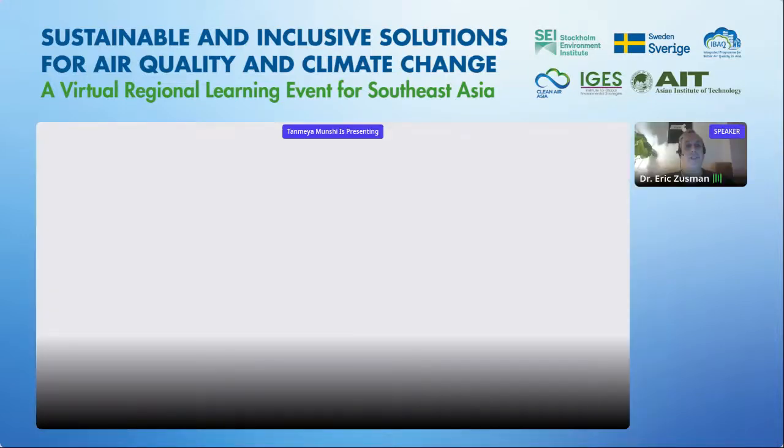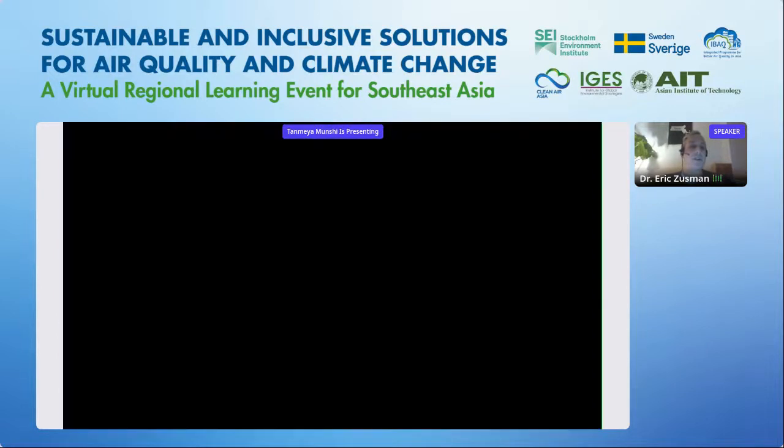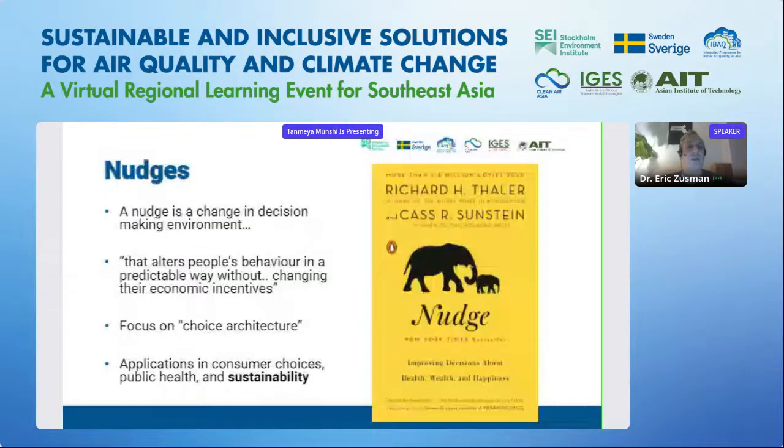What I want to emphasize here is these nudge mechanisms, they're complements, they're not replacements for policy changes. And so it requires working hand in hand a lot of times with governments to promote these things and find good complementarities. And just to give you a few more concrete examples of some nudges that are good for health and also good for air quality and good for climate change.